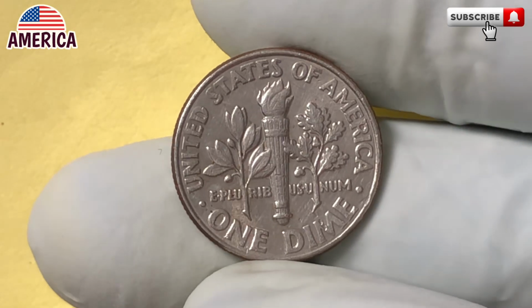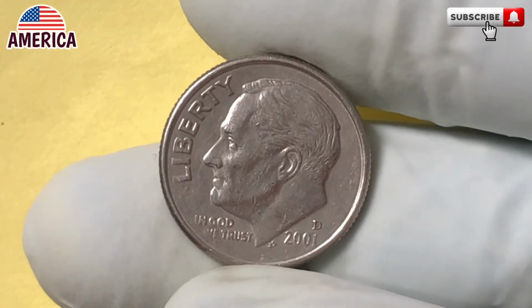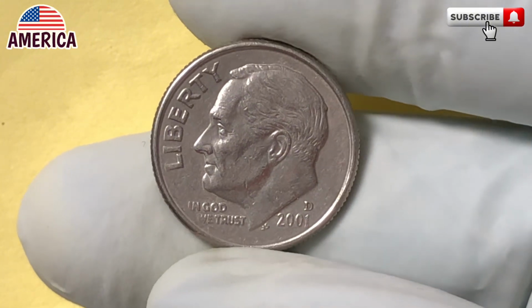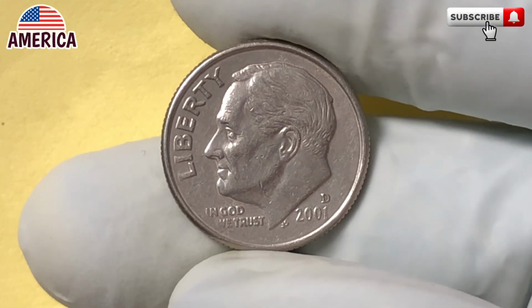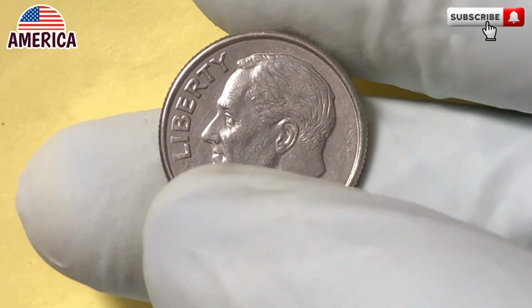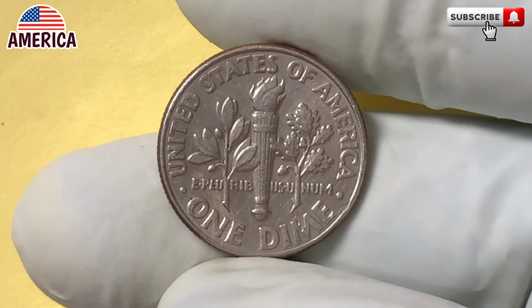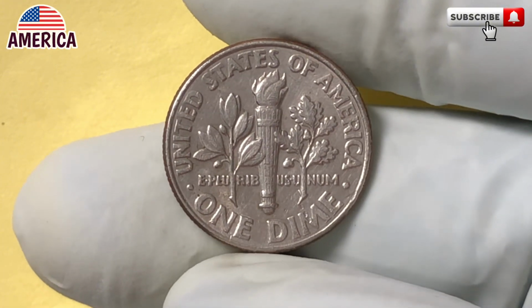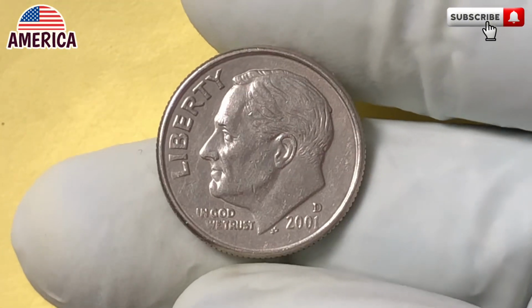Let's take a look at the details. Obverse, front side. The front of the coin features the portrait of Franklin D. Roosevelt, the 32nd President of the United States. Designed by John R. Sinnock, Roosevelt's image has appeared on the dime since 1946, just after his passing. The portrait is dignified and well-known, symbolizing the president's legacy in leading the country through the Great Depression and World